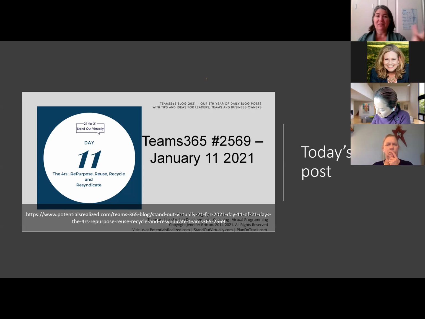And you'll notice, this is a great example. The 21 for 21 isn't part of standout. It's a standout recycling, because 2 years ago, I did a similar start of the year event, which was called the 19 for 19. And it focused more on productivity. For this 21 for 21, there's about 40% that was the same with an update and spin on virtual, but then about 60% was new. So that's a really good example of how you can be repurposing, reusing, recycling, and resyndicating.